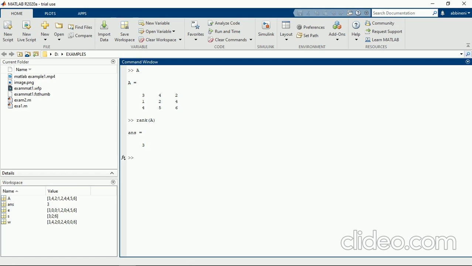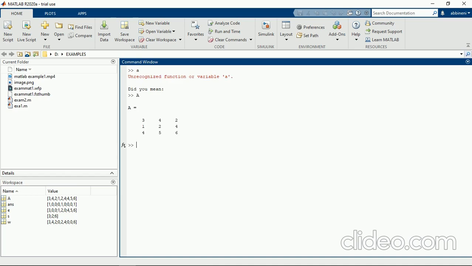And to find the reduced row echelon form, we use the function rref. This is the 3 by 3 matrix, and we are representing the row echelon form in this format.